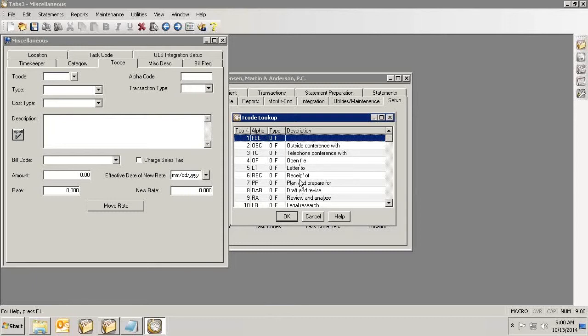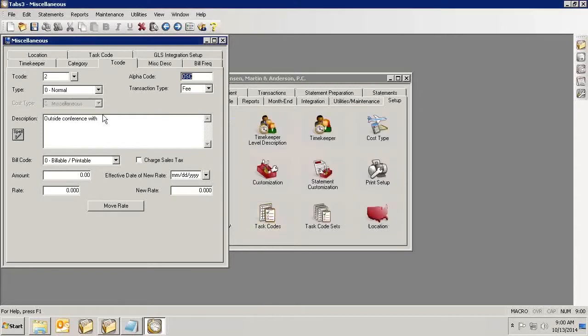So let's say that I want to change outside conference to just be conference with. If I click on this and say OK, I can just come in and modify this particular entry and just say conference with, and then I can change it and say save. I can change the alpha code here. I can also assign a type if there's a specific type of transaction this is. When I'm adding new ones, fees are always normal,